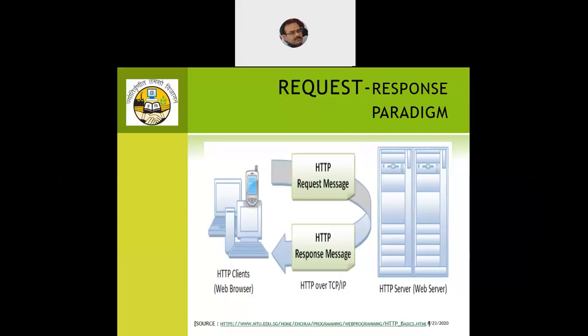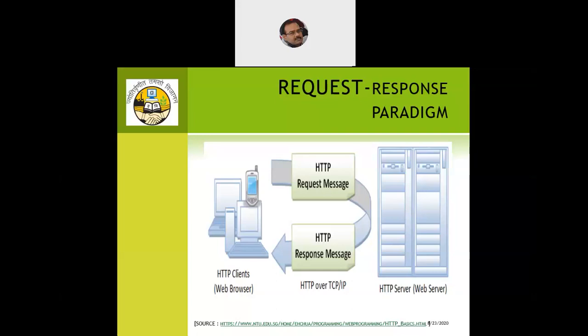Now, if you look at the addresses used here, and start from the bottom, at the data link layer we use MAC addresses, the physical addresses. Then as we move up, we use IP addresses on the network layer, the Internet Protocol addresses. Then, moving further up, we have the transport layer.